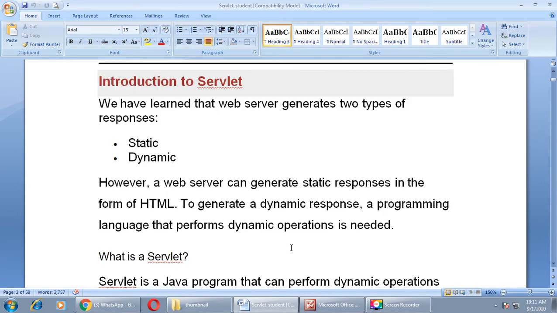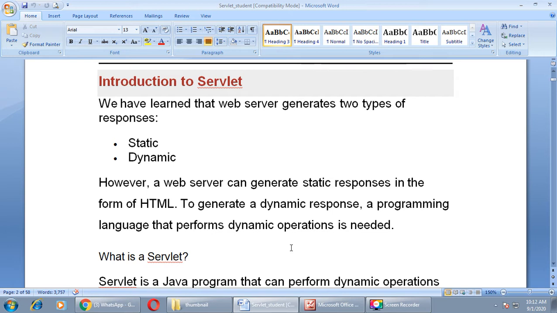We have learned that a web server generates two different types of responses. Number one is static response and number two is dynamic response. A web server can generate static response in the form of HTML, right? The results generated through HTML are called static.